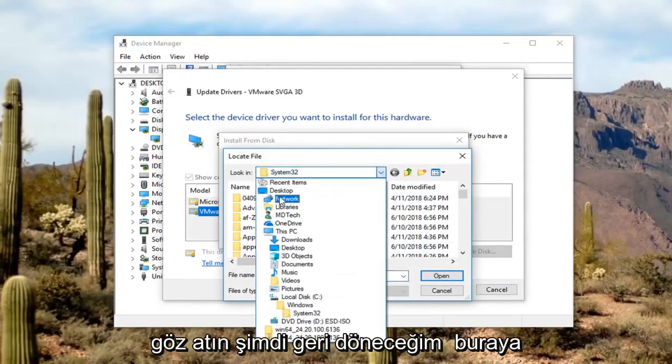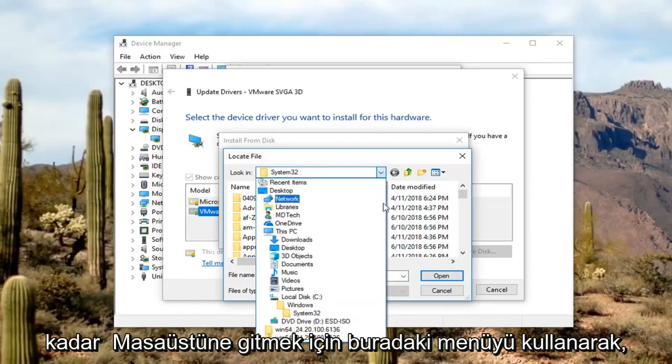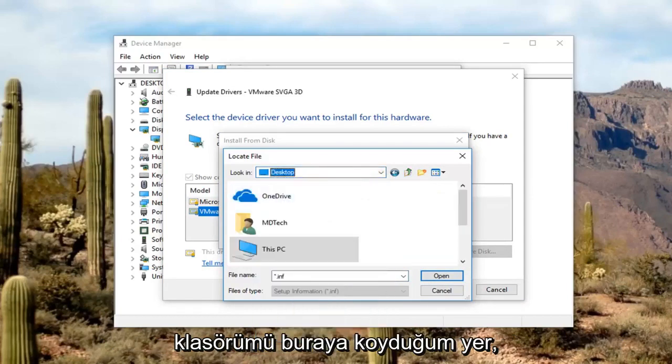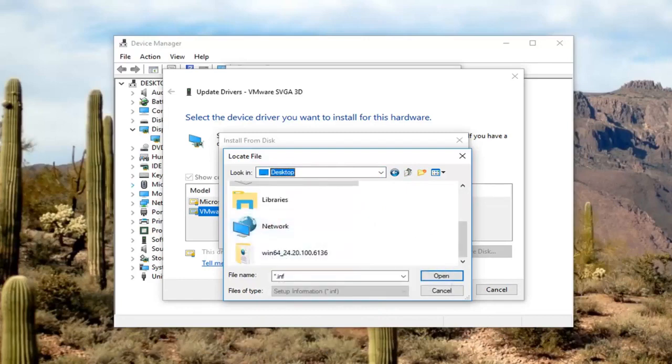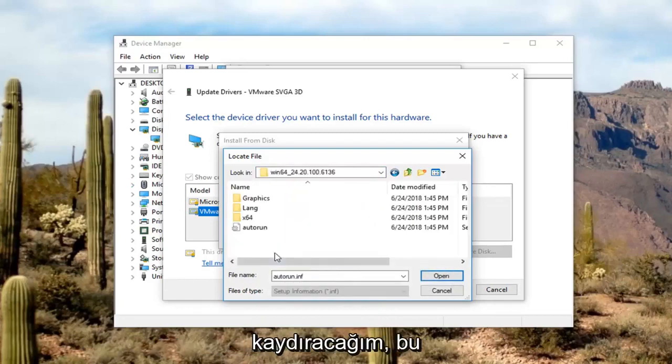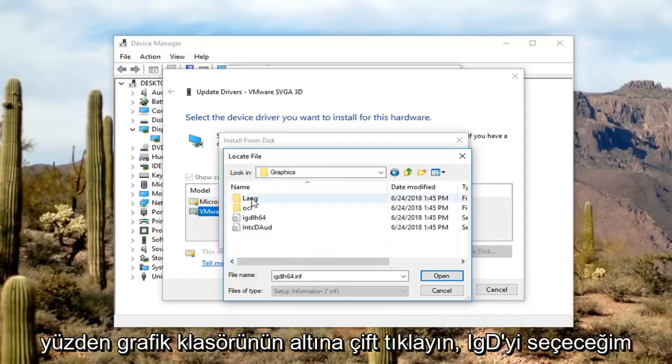Now I'm going to back out of here, using the menu here to go to Desktop. That's where I put my folder here. I'm going to scroll down until I get to my folder that I extracted here. So double click on that. I'm going to go underneath the Graphics folder. I'm going to select the